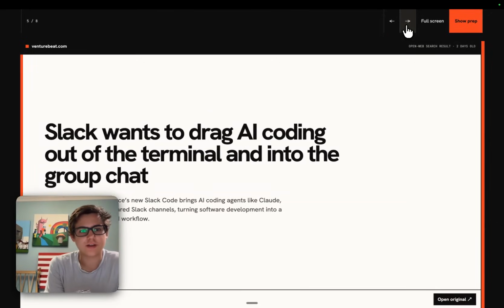Slack wants to drag AI coding out of the terminal and into the group chat. I feel like I covered a similar thing in a different episode, and my take on it was, yes, that kind of makes sense. However,